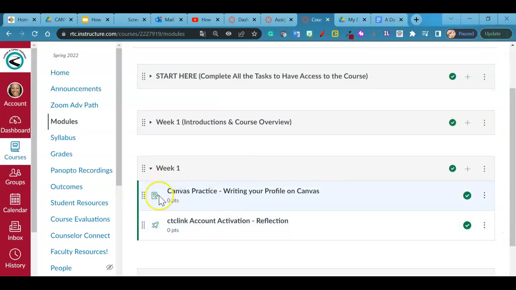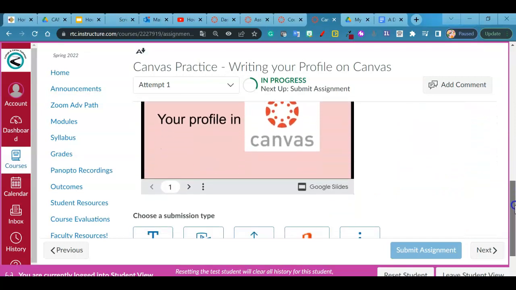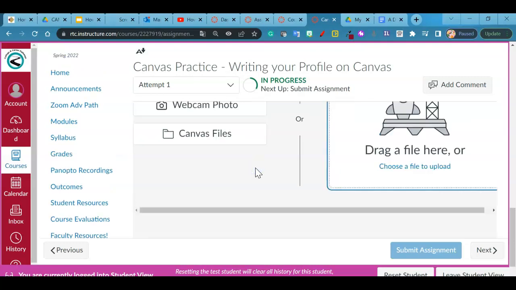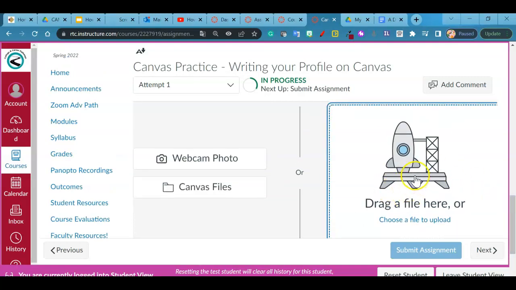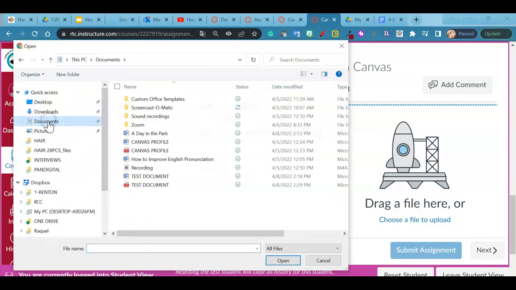You have two different kinds of assignments. You have an assignment, which is this little notebook with a pencil, and then you have a quiz. Okay, so let's show how you do it in an assignment. You click here. Here is the assignment, and I scroll down, and here you have the options. You have to upload that document. So you click here, and then you have to find the document. So choose a file, and then you're going to go back to the documents, remember? And then you come here, that's the document, a day in the park. So you click open,